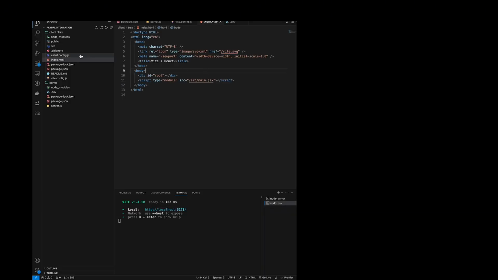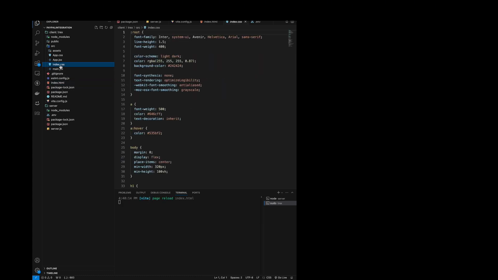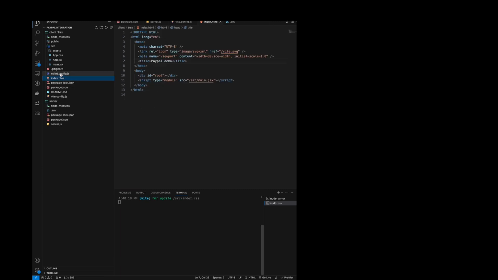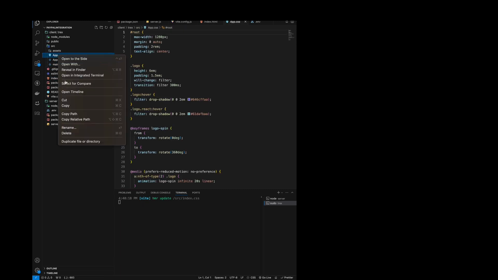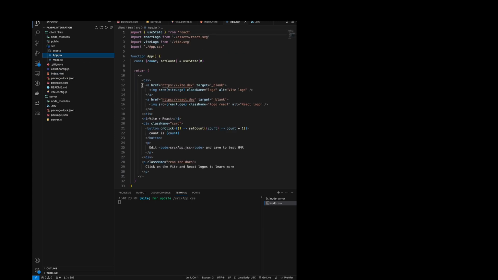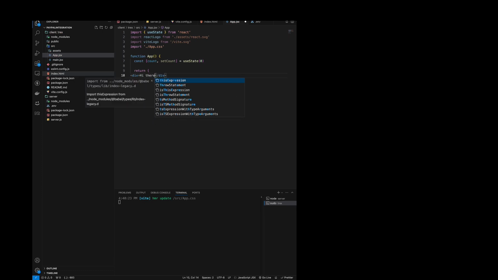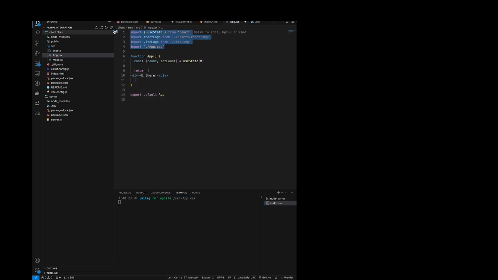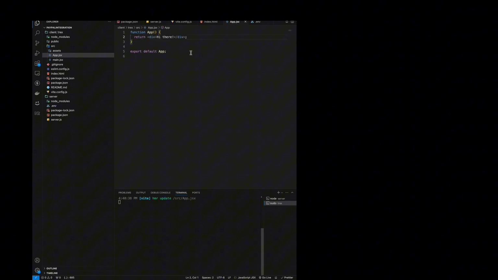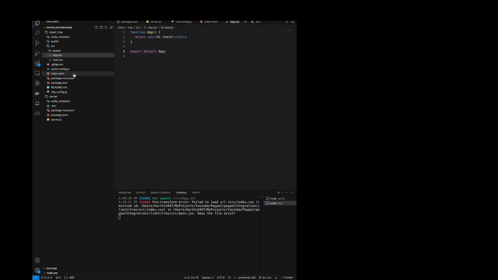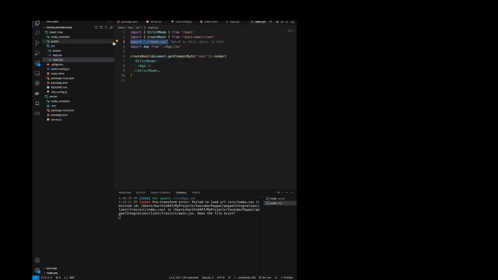First, I'm going to clean up all the existing code because we're going to start from scratch. So in the index.html file, I'll change the title to PayPal demo. Then I'm going to delete the index.css file. And I also don't need the App.css file. And in the App.jsx, I'm just going to have a simple div. I'll delete all the unwanted code, also the state, hit save. And if I go to the page, looks like I still have some CSS somewhere. Yeah, I just need to get rid of this index.css, and if you go to the page,